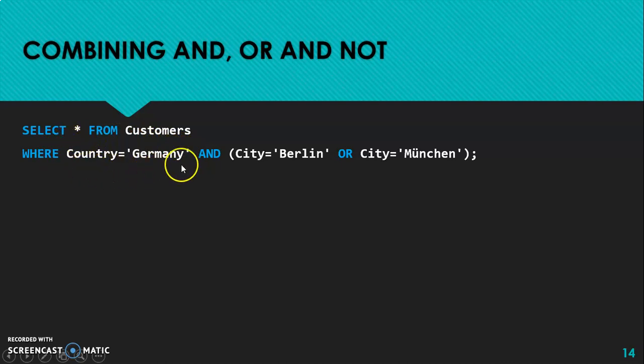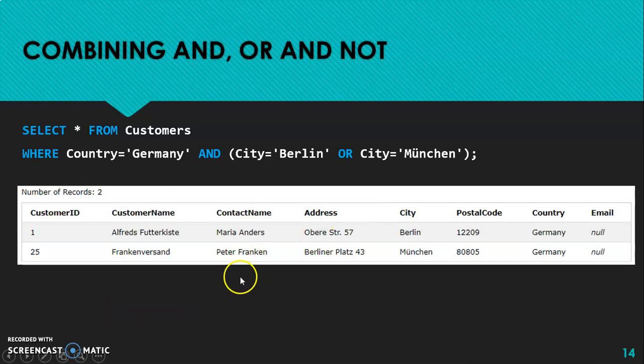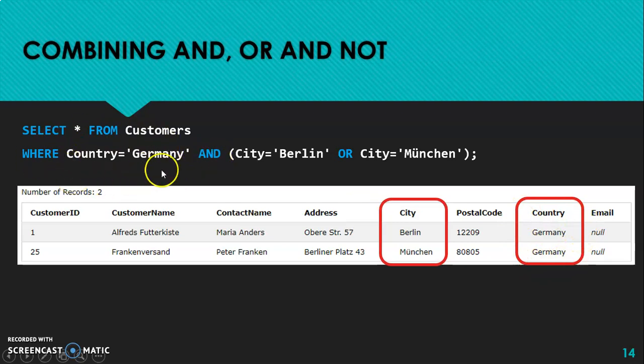So we will get all the records of the country Germany, and after you get the records from Germany, you will check whether the records belong to Berlin or München as a city. So first it will match, okay, country is equal to Germany, because for AND operation this condition should be true. Now in this OR, at least one should be true. So if at least one is true, this also becomes true. So if both conditions are true, then you will get the result set.